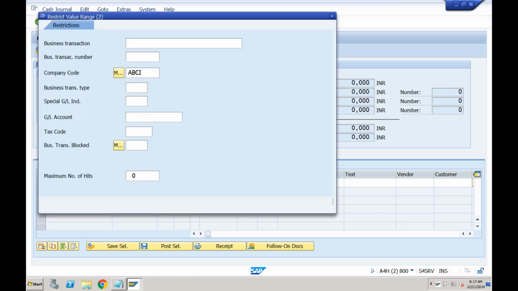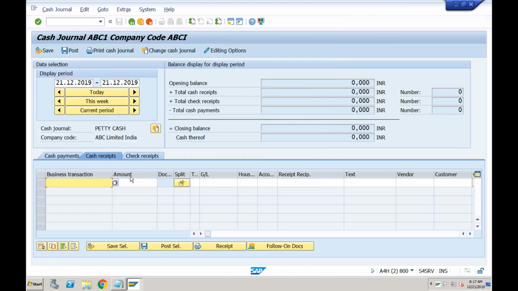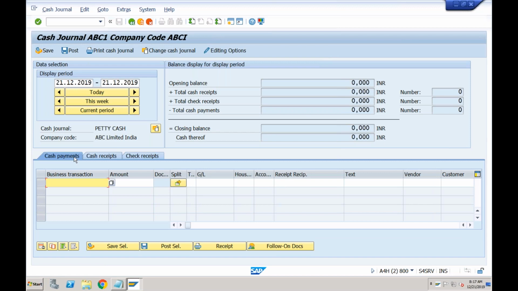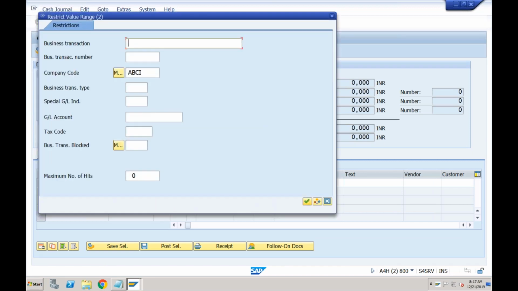So if I do F4, again, as of now, there is no business transaction. So the system doesn't know what the different ways are in which I can bring the amount, I can get the amount. Similarly, if I go for cash payments, here also, as of now, we don't have any business transaction.